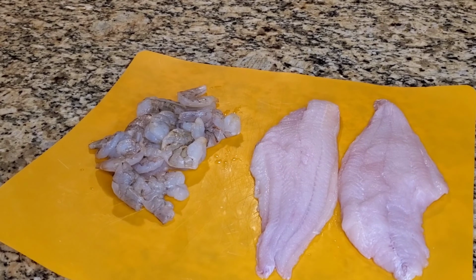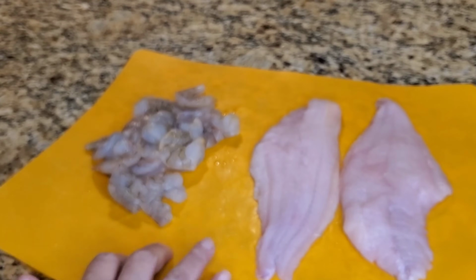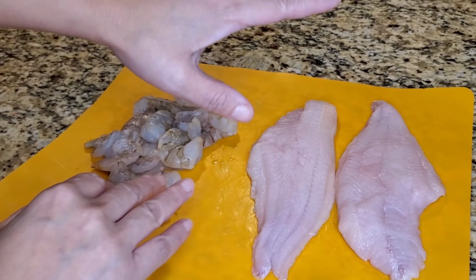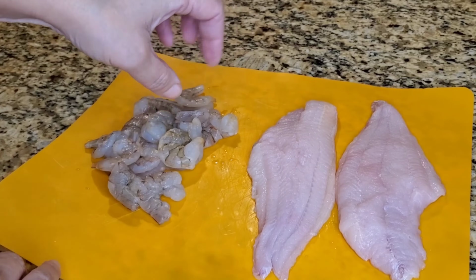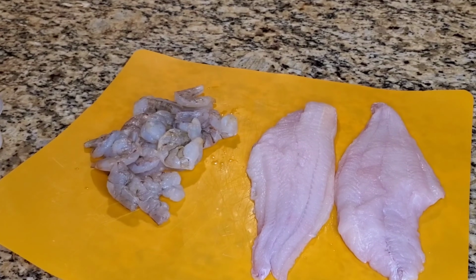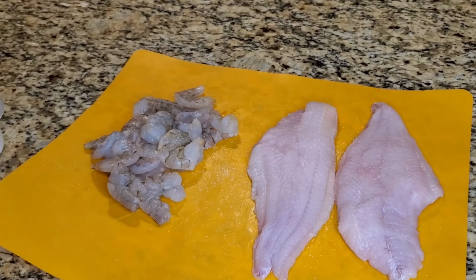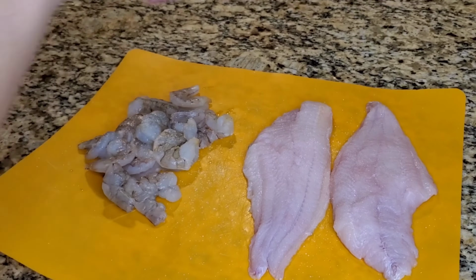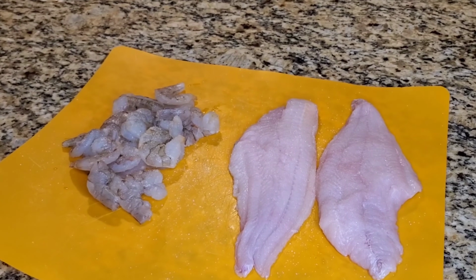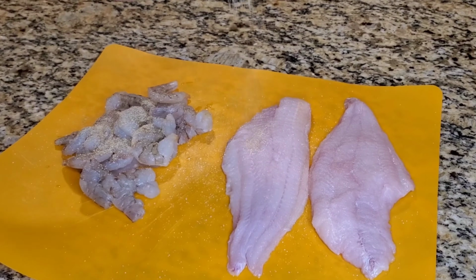You're going to begin by seasoning your fish and your shrimp. When you're cooking, you have one hand for the seasoning, one hand to mix it all together, okay? So we're going to season front and back with some sea salt, this is our garlic powder,